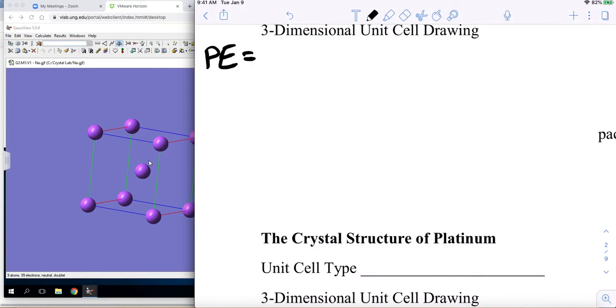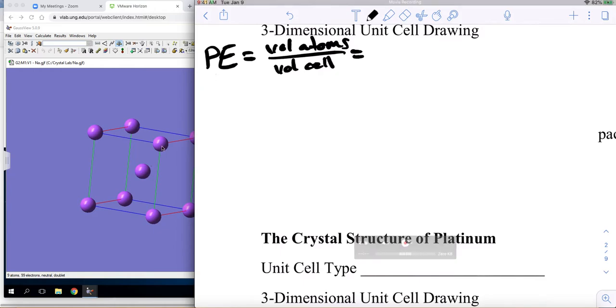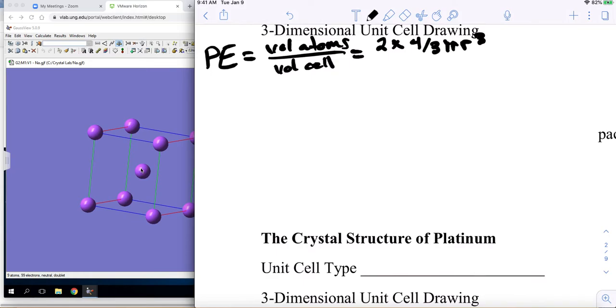In terms of our atoms, I'll write this as volume of atoms over the volume of the cell, or in this case, our cube. Well, if we think about our atoms, what kind of shape do they all have? It's a spherical shape, right? So for all of our atoms, we can say that the volume of our atoms is going to be the number of atoms, which in this case is 2, times the equation we can use to find the volume of a single atom. We're just going to use the volume of a sphere equation, which is 4/3 pi r cubed, right? That would be the normal equation for the volume of a sphere,